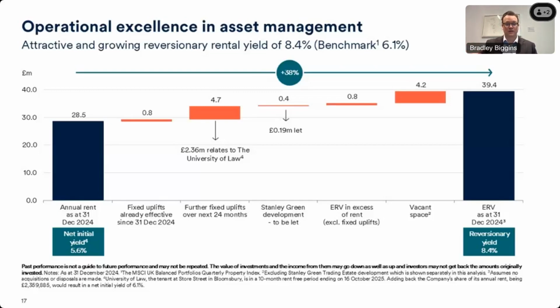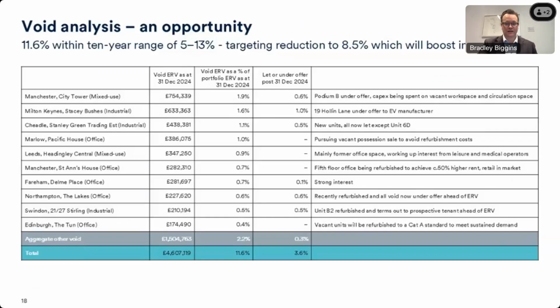And then as we get rent reviews coming round and lease renewals, we should be able to capture that ERV, so that excess ERV on units where the passing level of rent today is below the market level. And we have some vacant space as well. So including Stanley Green, the vacant space is 4.6 million, which leads us to the next slide, which shows a